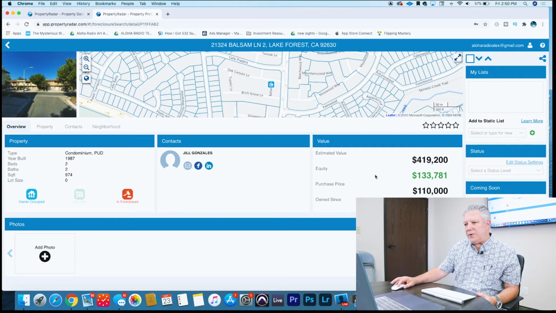So here's a good example. We have a condominium that's owned by this person. This provides you with phone numbers, emails. It's got Facebook, Instagram. In this case, it does not have a phone number because there's no phone number icon. But as you can see, the estimated value on this is $419, and there's $133,000 in equity. So I would put my formulas together, and then I would